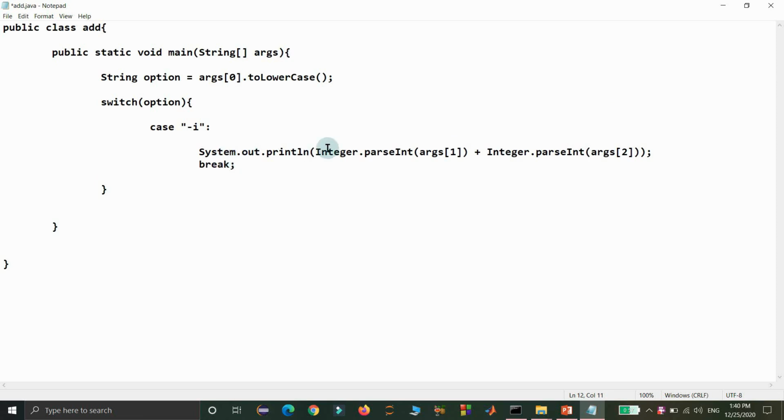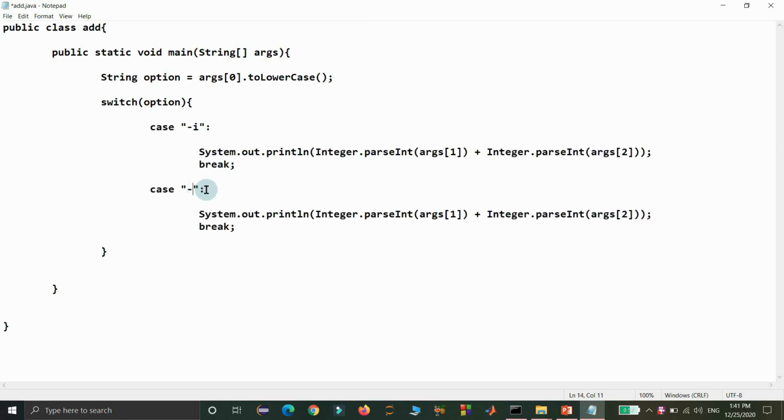Then we are going to display the sum of those two integer arguments after converting them into integers. See here, args[1] gives us the second command line argument, in our case the first integer, and args[2] will have the third command line argument, in our case our second integer. Since these integers are available as strings, we have converted those strings into integers by using the parseInt method of the wrapper class Integer.